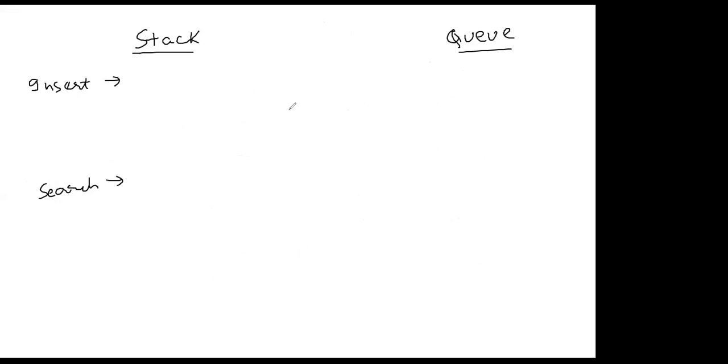So first we have to do the searching, and then accordingly, if we don't find the element, then we'll pop it accordingly. So once we find the element, then we'll